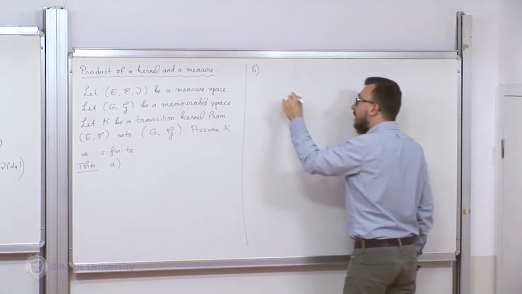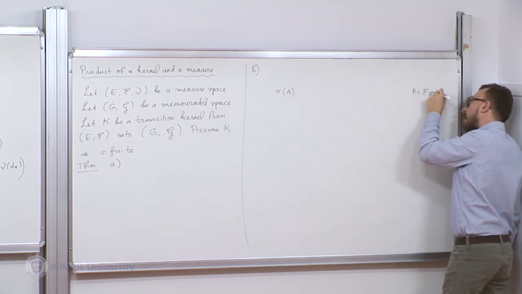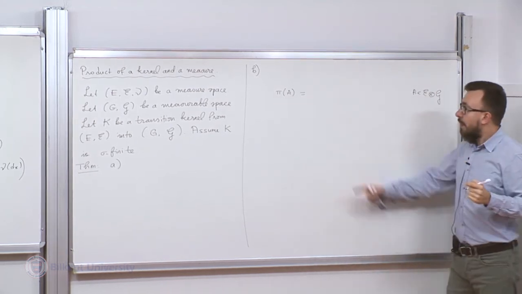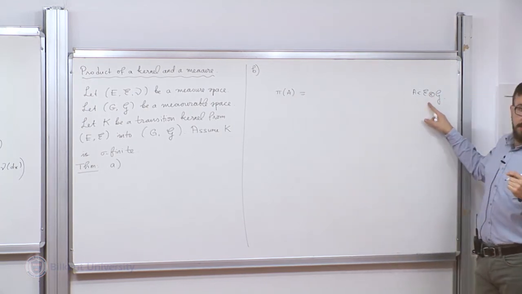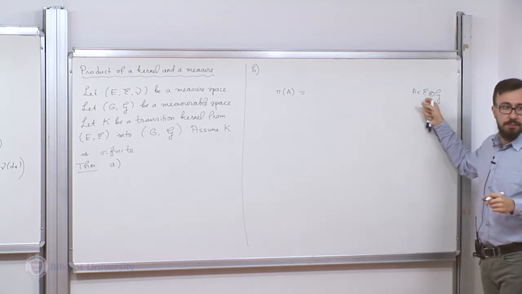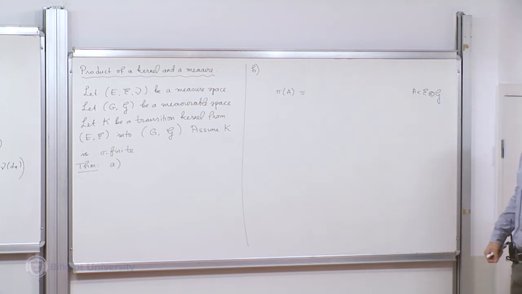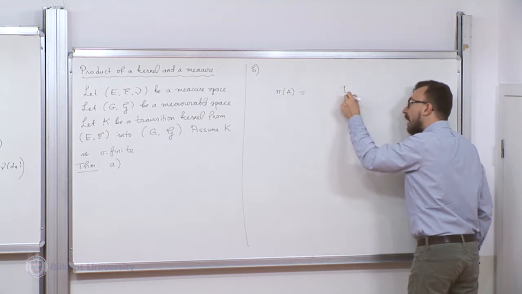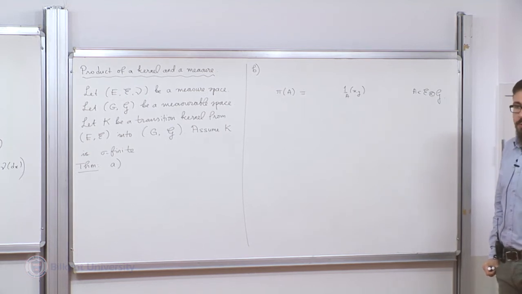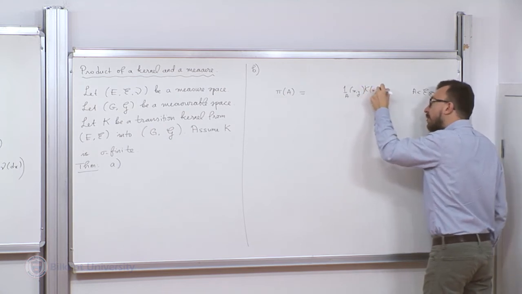So I'd like to define a measure on the product space. I'd like to tell you what the value of my measure is at every measurable set, not just measurable rectangles, but also other sets that are in this product sigma algebra. Here's how I achieve a measure on the product space. I look at the indicator function of this set, which is a function of x and y on the product space. I'm going to integrate this using k,